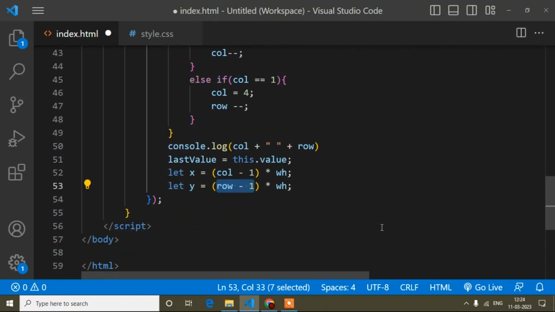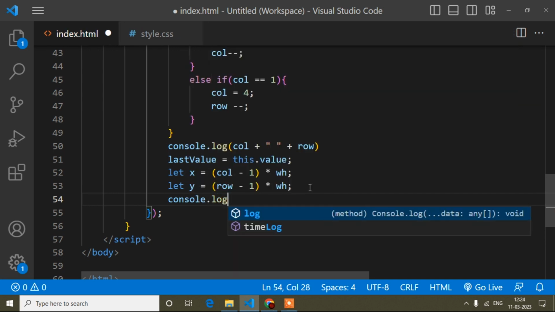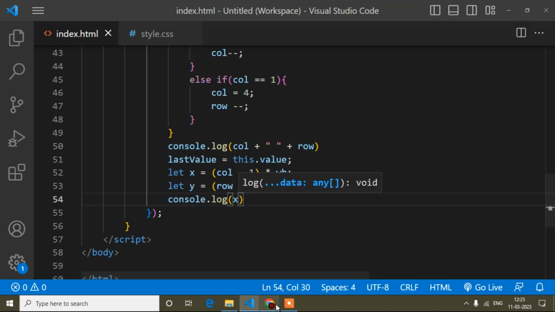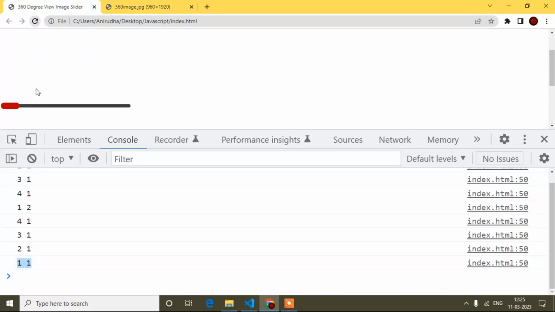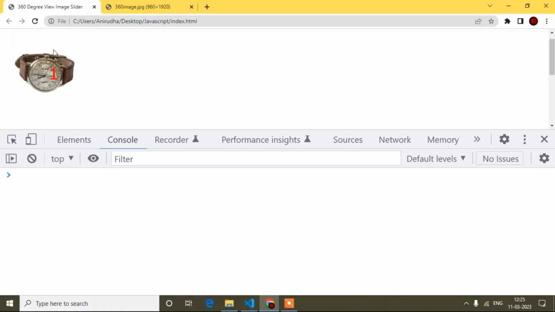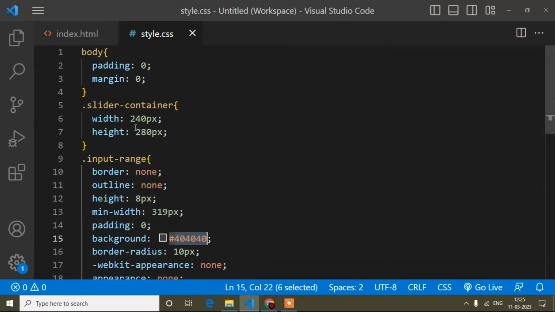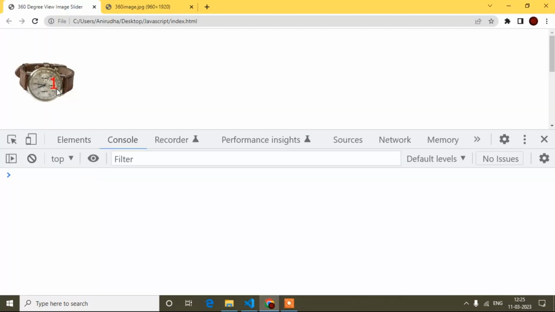So I will explain here now. For that, I will take width and show you an example of why I have written minus, because you may be confused. So now in the console I will check when I move this side. Initially width is 240. In CSS I wrote width is 240. So when I move here, the second image should be displayed.